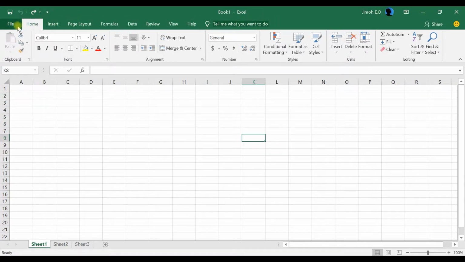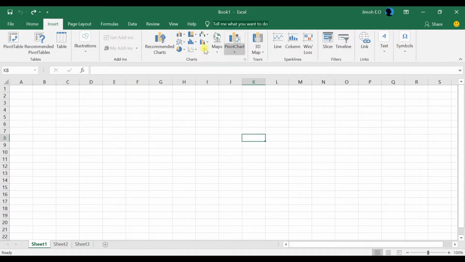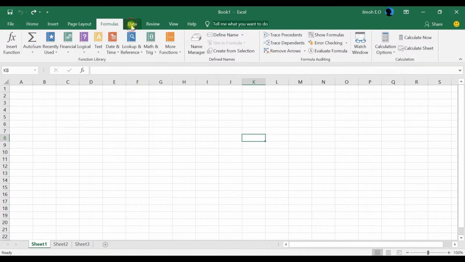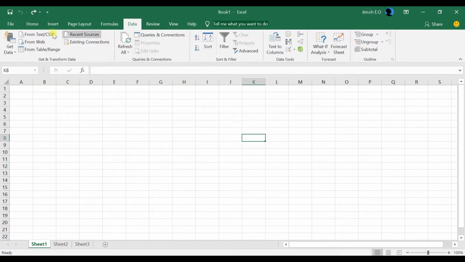All right, so the next layer here is what we'll call the menu bar. It might be a little bit different from your own. Yours may not have the Help if you're using an older version, but each of these menus has its own submenu. So you click on Insert, you're going to see all the submenus and all the icons related to Insert. You click on Page Layout, you see everything related to Page Layout. You click on Formulas, you can see everything related to Formulas. You click on Data and so on, you can see everything related to Data. All right, so let's go back to the Home,